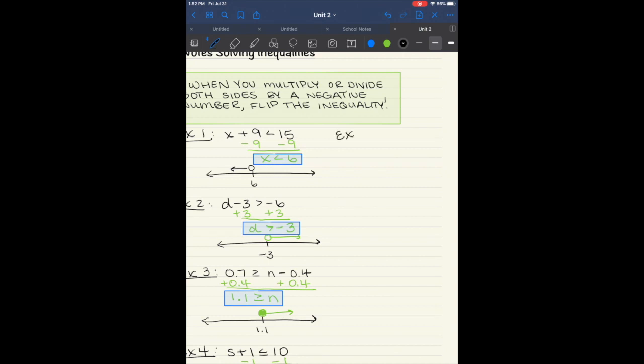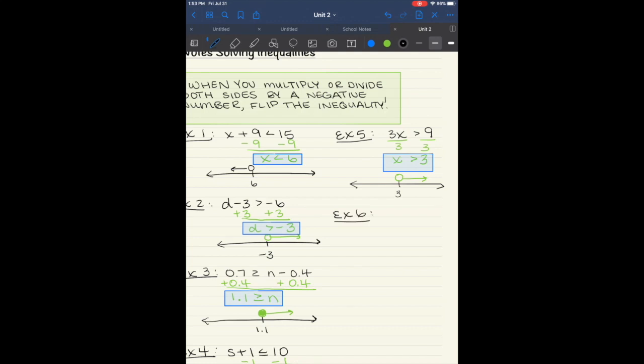Example 5, we've got 3x is greater than 9. Divide both sides by 3. We are not dividing by a negative number, so we do not flip the sign. We're going to have an open circle on 3, arrow pointing to the right. Example 6,